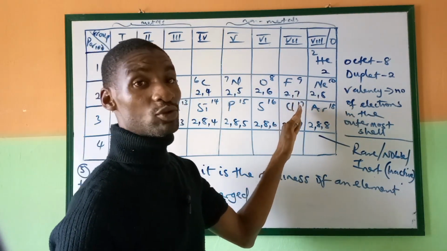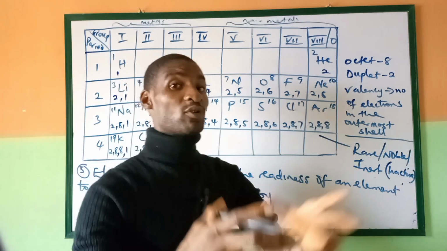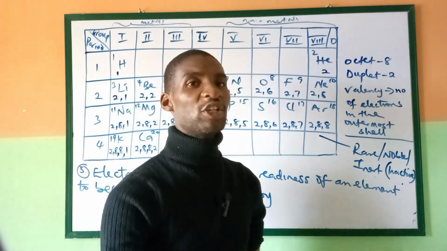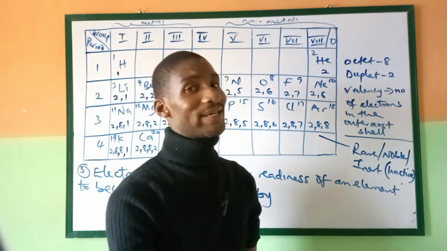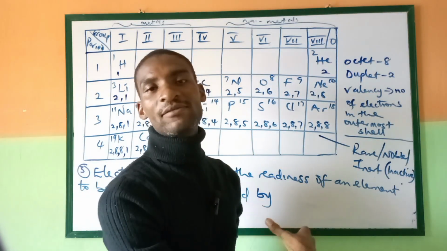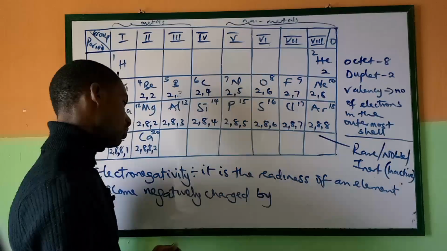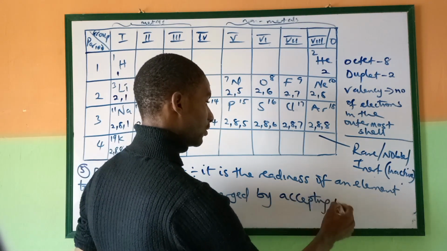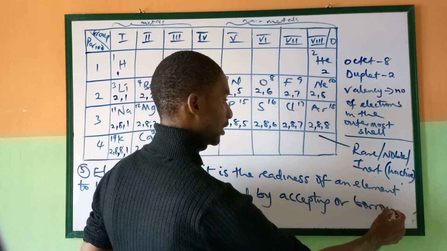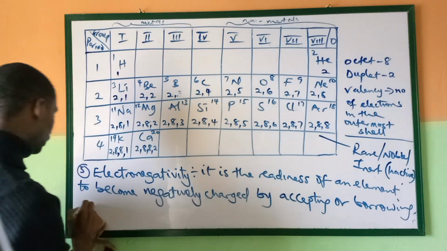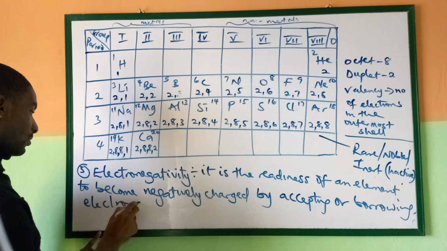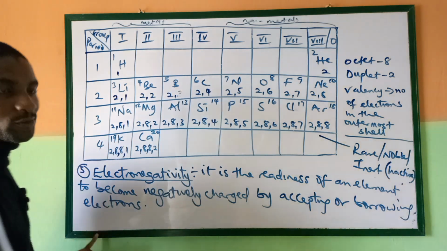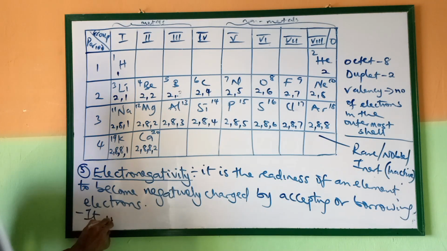These guys are ready to gain electrons. Givers are positive. So when you give out electrons, you lose them, you become positively charged, while borrowing is negative. So they become negatively charged by borrowing electrons, so by accepting or borrowing electrons. So that is what you call electronegativity, and this property increases